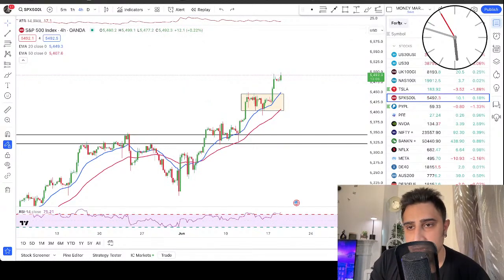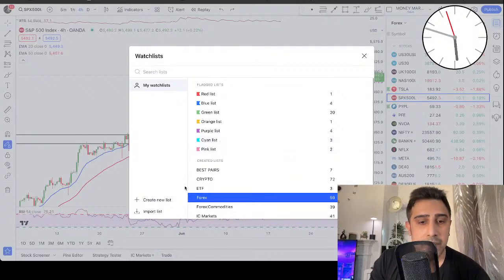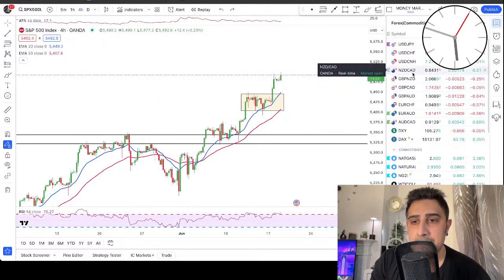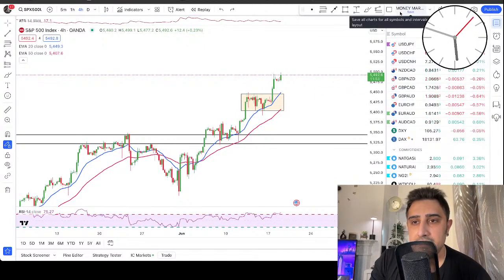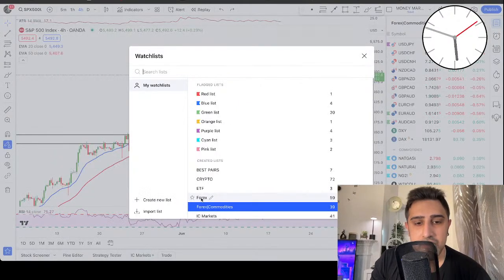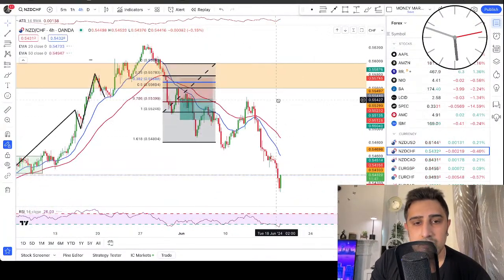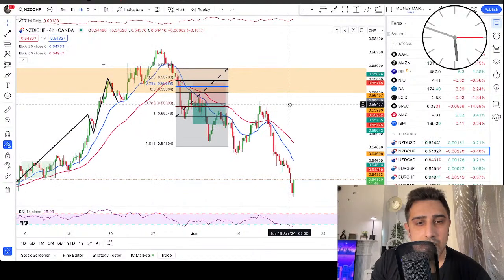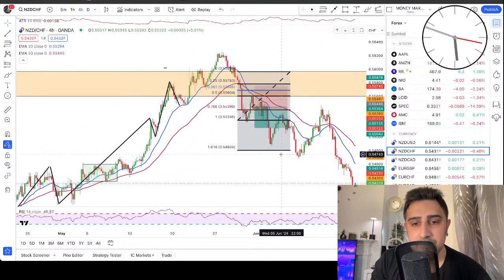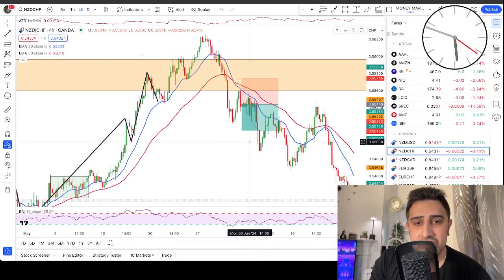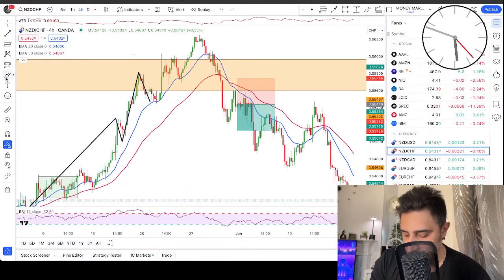We just recently took a trade a couple of days ago. Let me show you that with the cross, and I've already also mentioned that we have a cross when I sent this as an alert, which was NZDCHF. If my memory is good, that's the one. Yeah, right here. So we took this trade a couple of days ago, and I've mentioned that in the trade alert I've sent to the members.